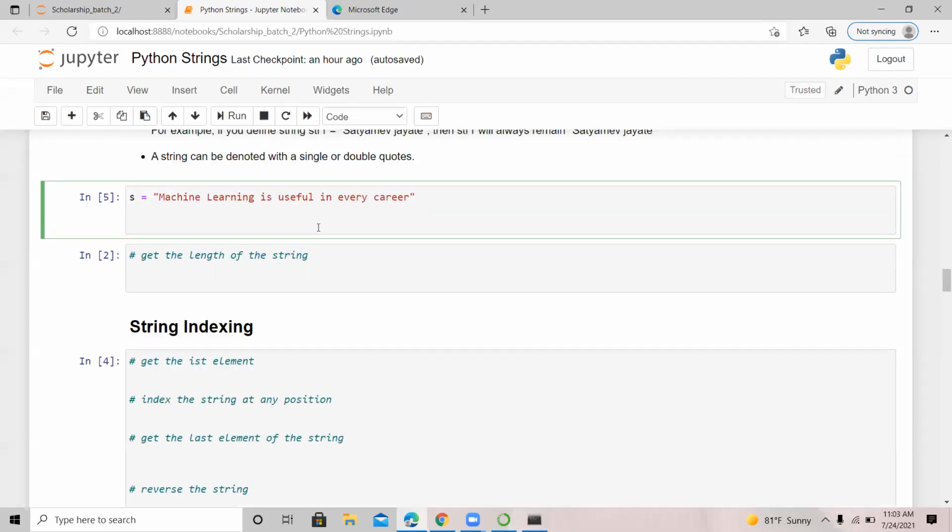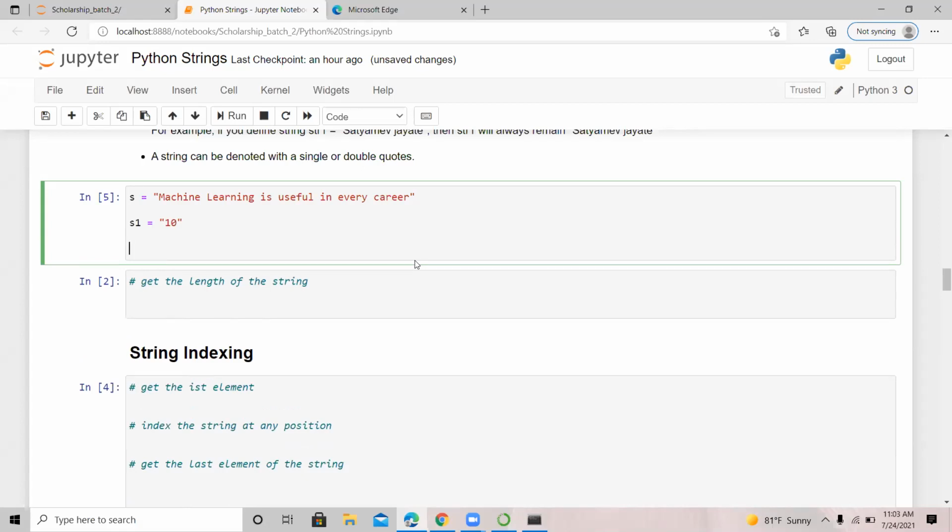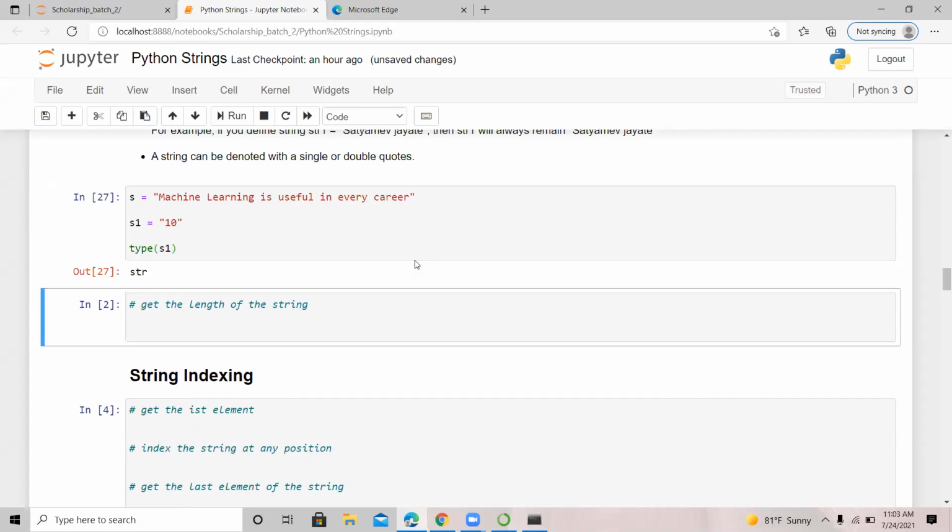So my own definition is very simple: a string is anything inside a quote. Whether it's a number, it may not be a word. For instance, let me put this string: S1 equals 10. What's the type of S1? Is it a string or a number? A string. If we do type of S1, it gives str, as far as it's in a quote, whether it's a number, anything,